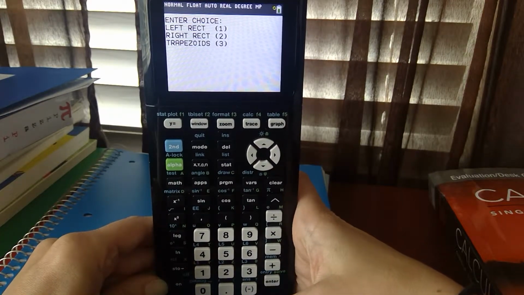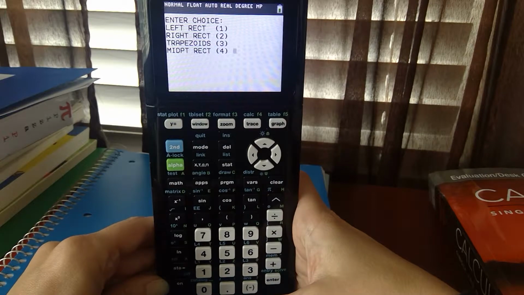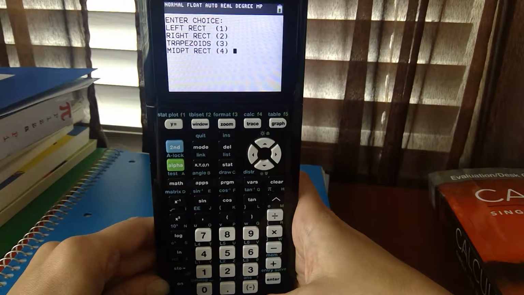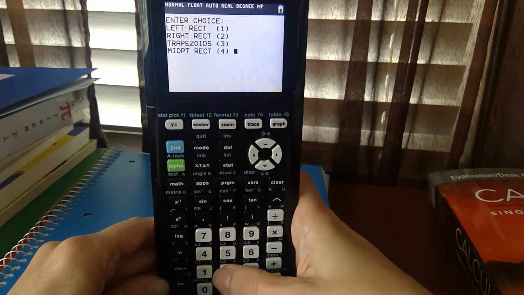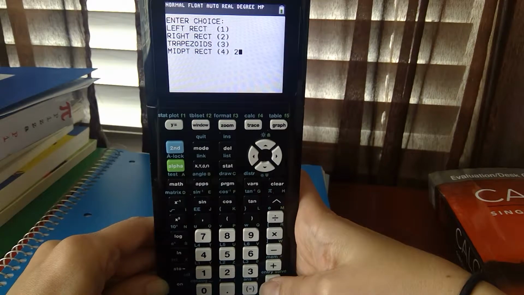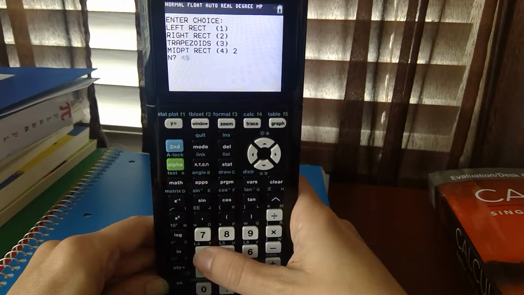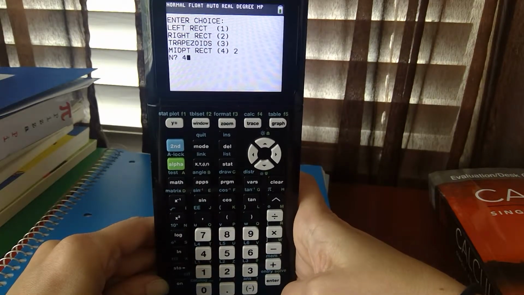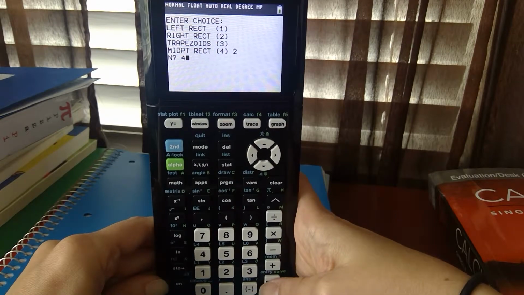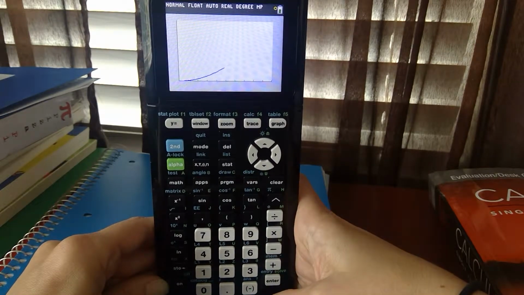a and b values. And it says, do you want left sum, right sum, trapezoids, midpoint, again, rectangles or left sum, whichever way you want to call it. Let's say I want the right rectangle, so right sum, I push 2, and then I push enter, and it says n question mark. That's the number of divisions you want. So if I want 4 divisions, I push 4. If I want 8 divisions for a better approximation, 8 and so forth,